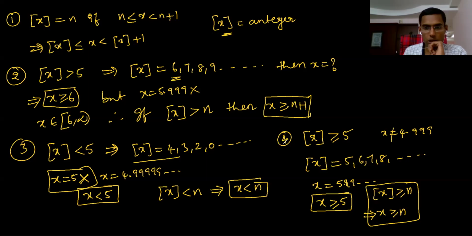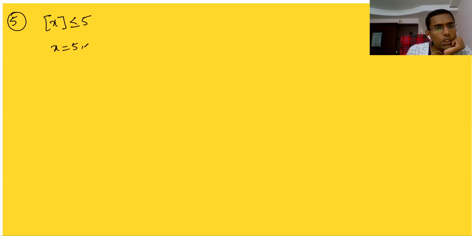Before, we did greater than. Now, less than 5 is bracket x is less than or equal to 5. Less than or equal to 5 means what? X equal to 5 is also okay, x equal to 6 okay, 7 okay, 8 okay, so on, all this okay. But here, if x is less than or equal to 5, x is 5 is okay. 4, 3, 2, 1, 0 are all okay. -1, -2 are all okay.